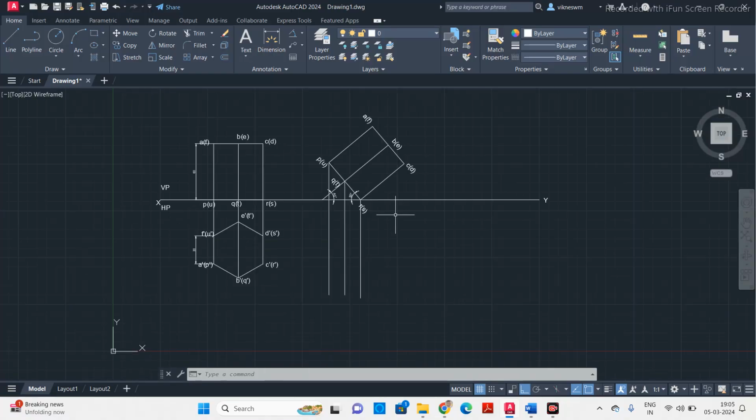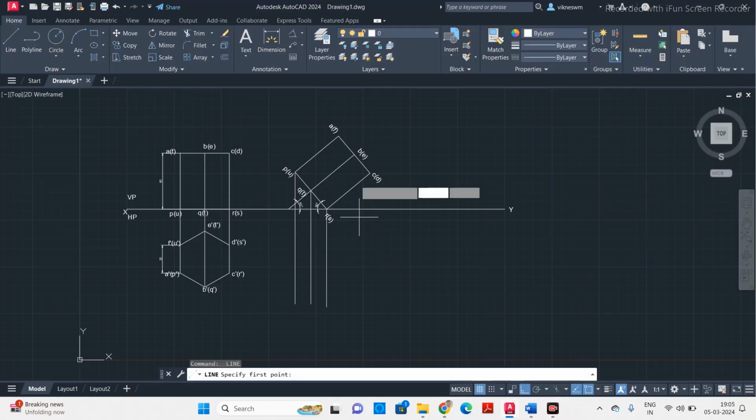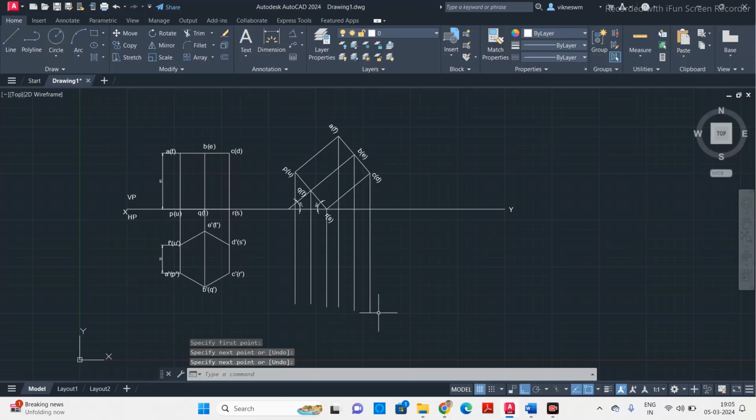Okay, then similarly you have to extend a horizontal line from the top view of the hexagon. Okay,